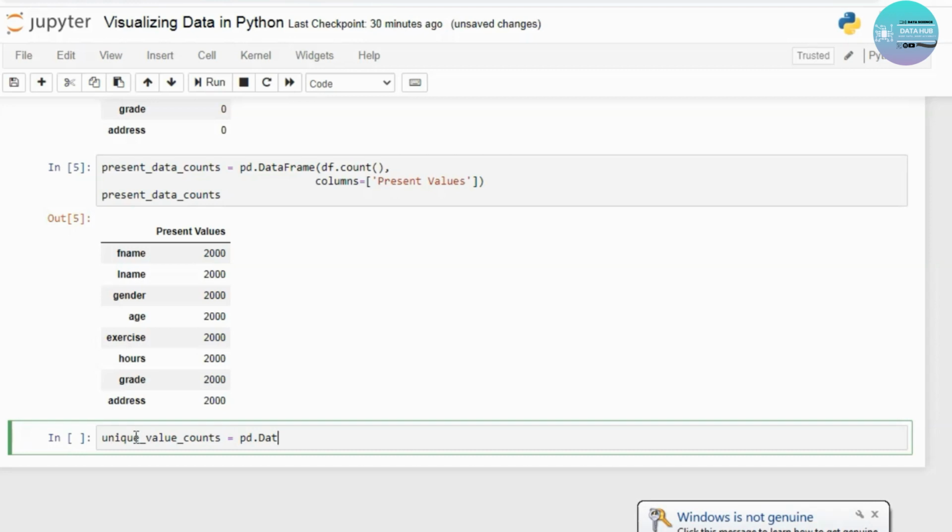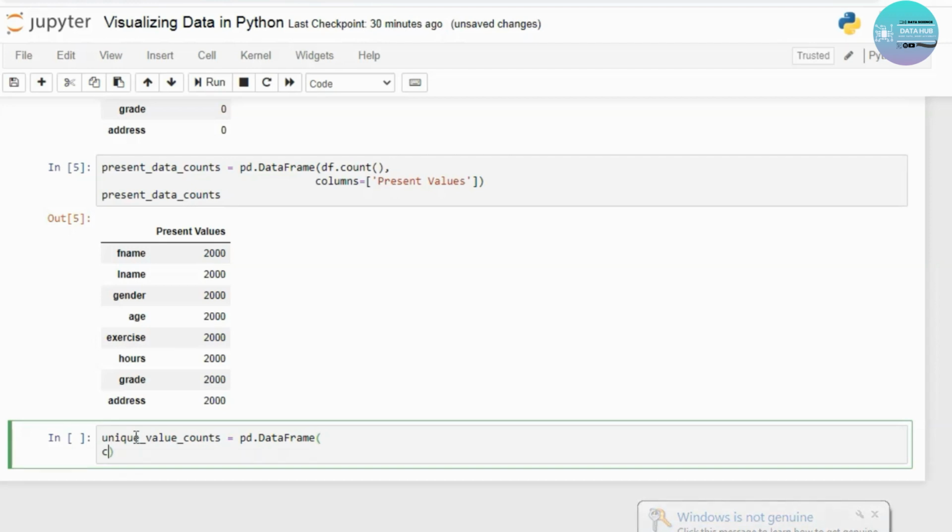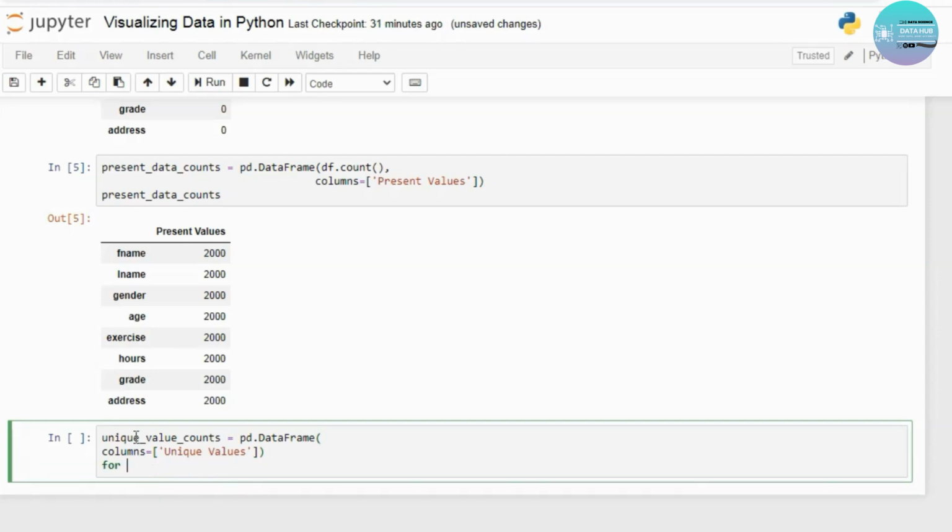pd.DataFrame, columns is equal to unique values, for v in list